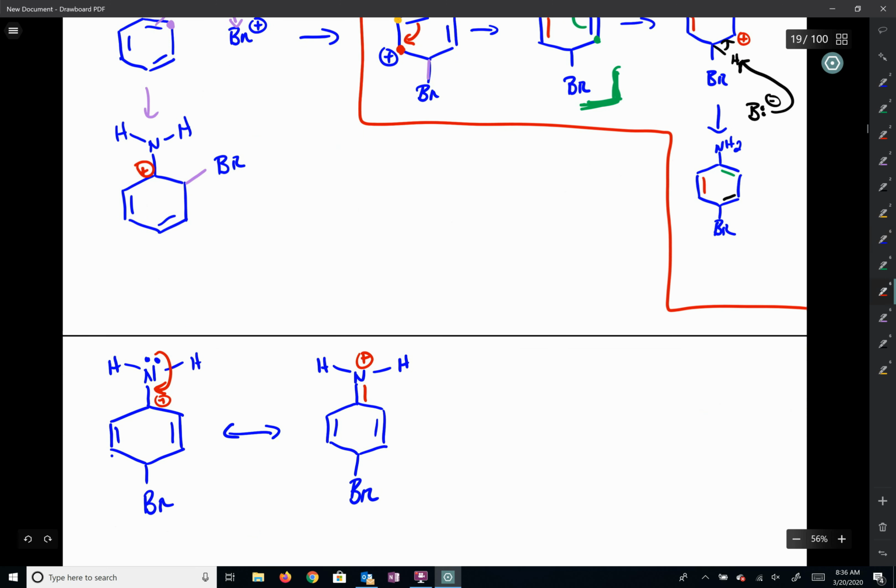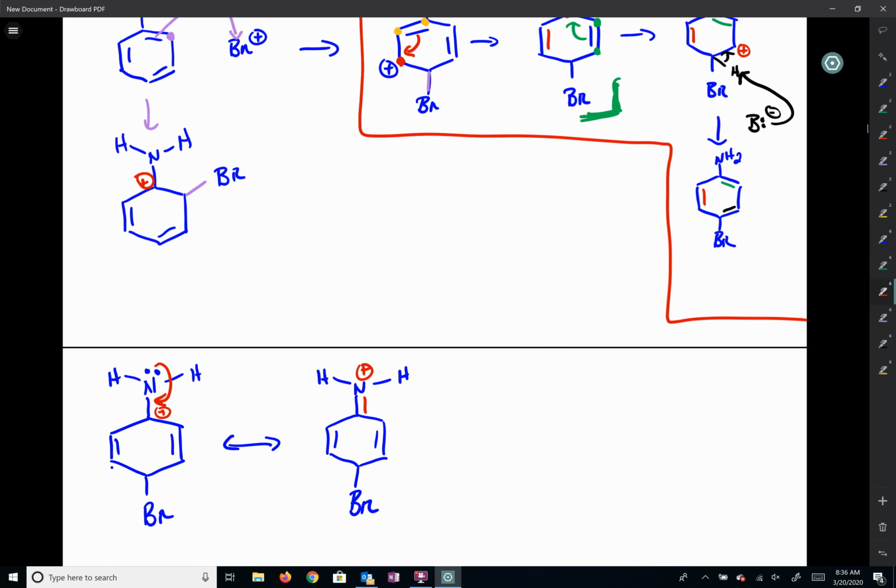Okay, and this is why I tried to keep everything together. All right, do you guys see how this resonance structure here, the ortho versus the para, right? We see we end up at a resonance structure where we have the positive charge, the cation, right on the carbon next to the atom with the lone pairs. In this case, the amine there, right? And we can draw that extra resonance structure. What is this doing, right? So this is lowering the energy, right? By having this, it lowers the energy,